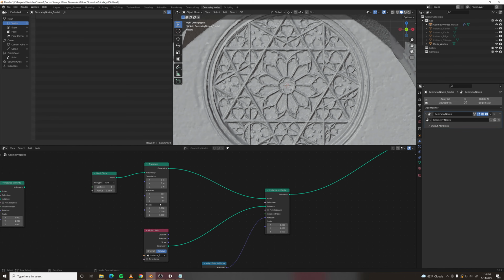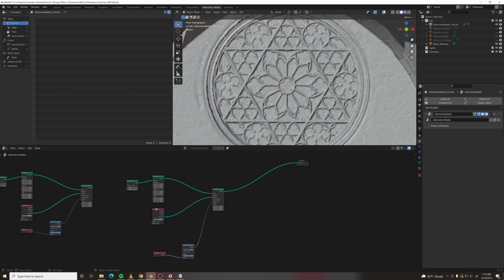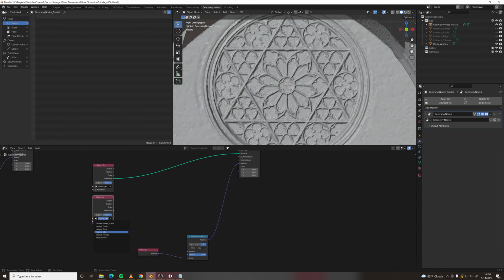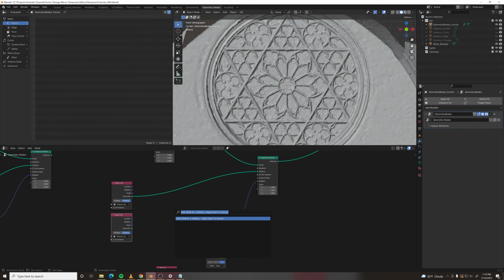They aren't oriented right, so if we mess with the Y rotation, we can get that situated, and then adjust the radius till they line up better. And then I want to add that inner circle part into this same setup. So if we duplicate the object info and make it the instance circle, we can do a join geometry,